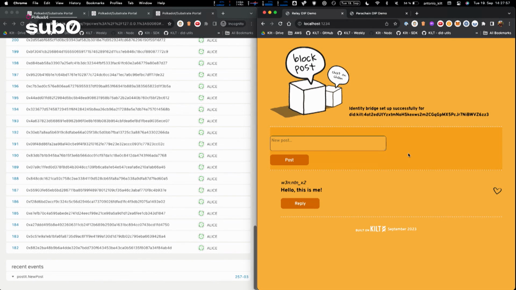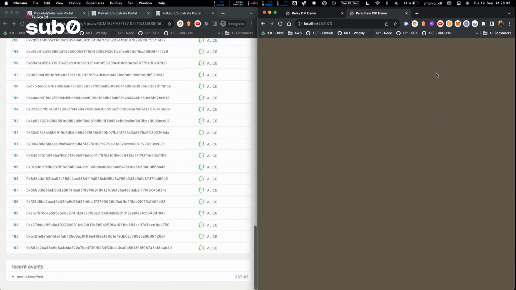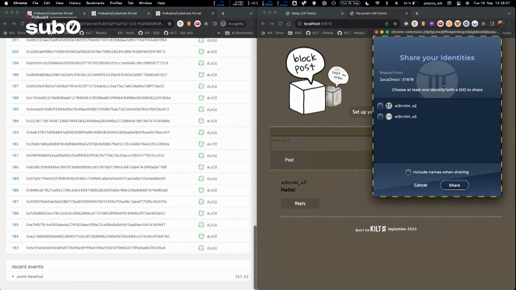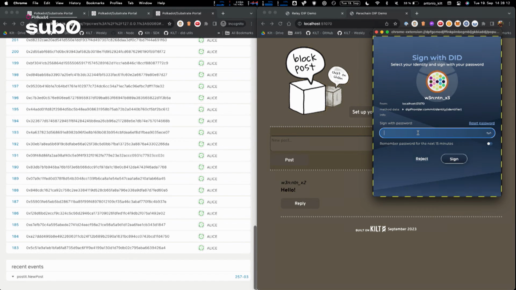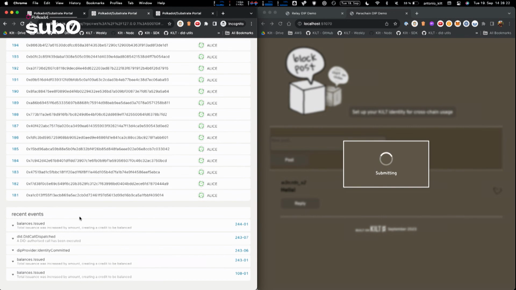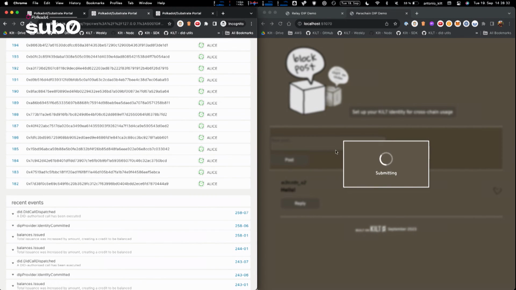Now, as an exercise, I could also go on the sibling parachain dApp. I can reload the page. I can try to bring my other identity now into the picture. I want to start using my second identity. So I'll select the second one. I will, again, aggregate it on the provider chain once, because I haven't done it yet. So we can see here that the next identity will be committed. Yes. So I'm committing this identity.